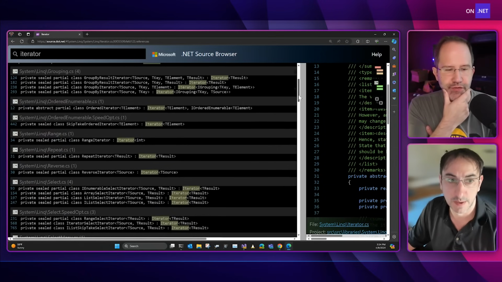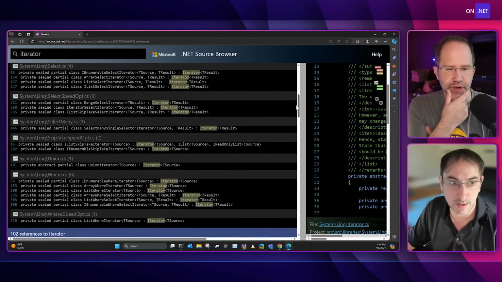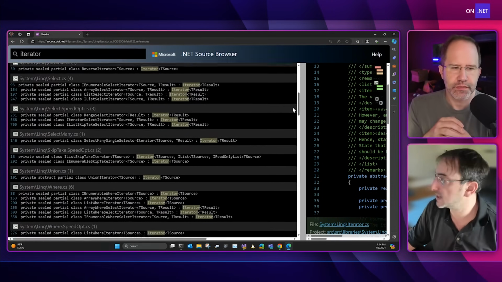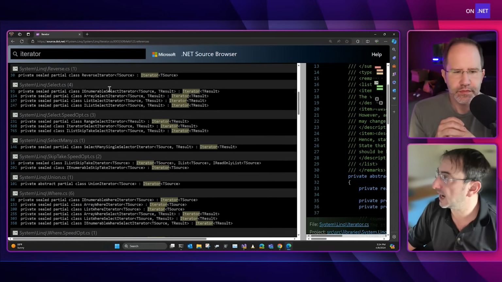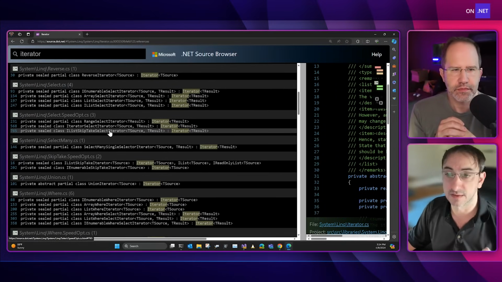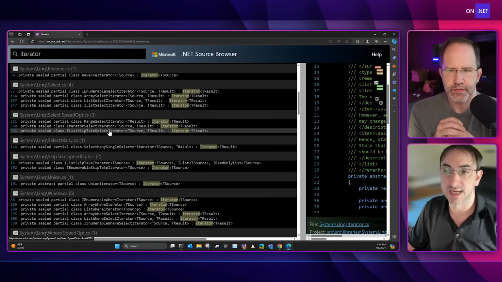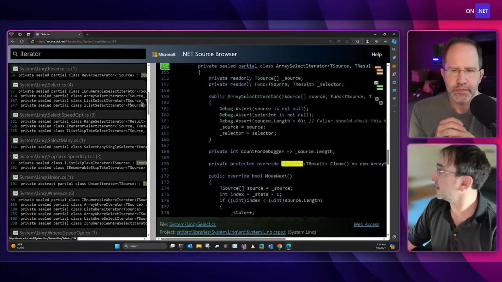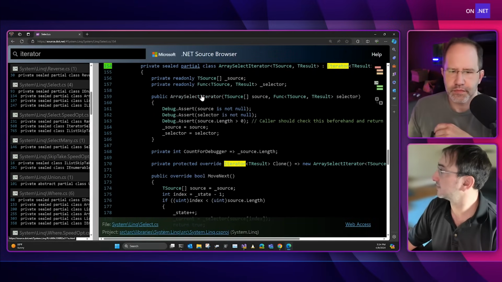Like 31 different derivations of iterator. Yeah, exactly, the top number there. We were talking specifically about Select, and you can see that there's about 7 custom implementations specific to Select. If I click one of these and see where it's created from,